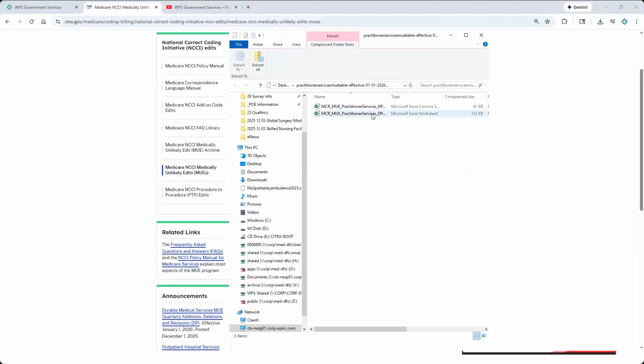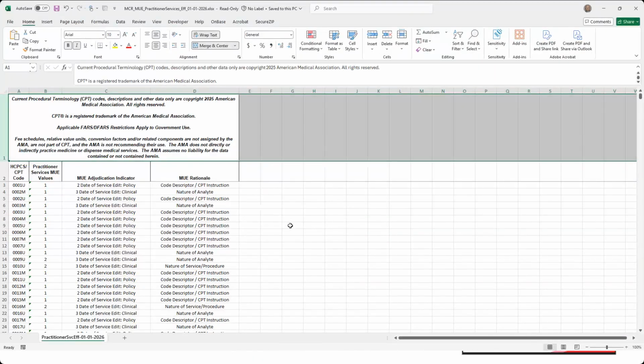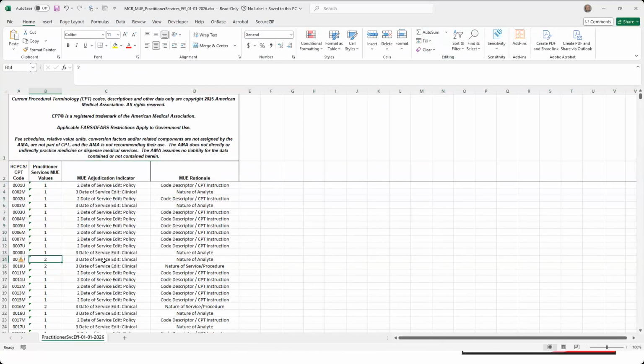You're going to see two different files. I'm just going to open the bottom one. It's going to list a number of MUEs, but it also is going to tell you per day. So if you're looking at a global period and it is something that can be done only once in a day, you may need to append an RT and LT, right? So to see all these different MUEs, listed 1, listed 2, whatever the procedure codes are, you can go through